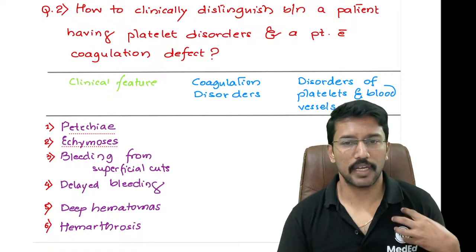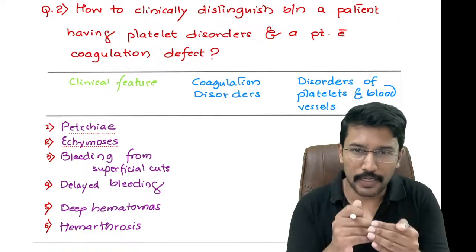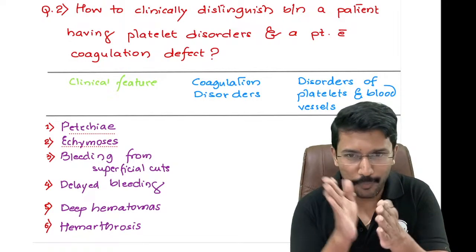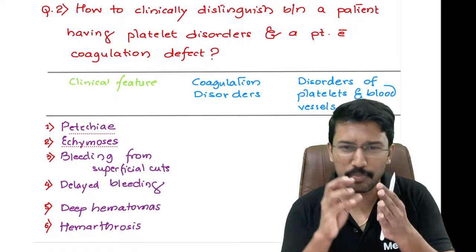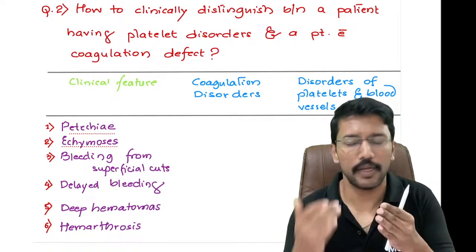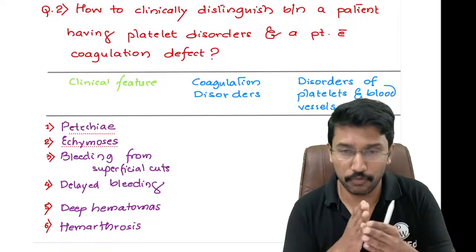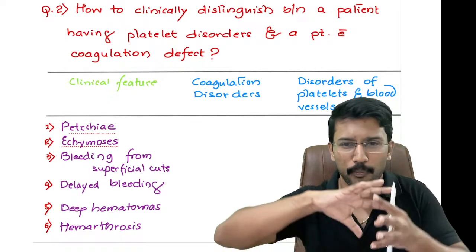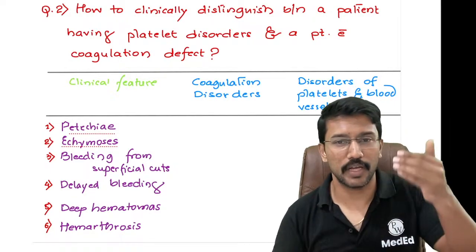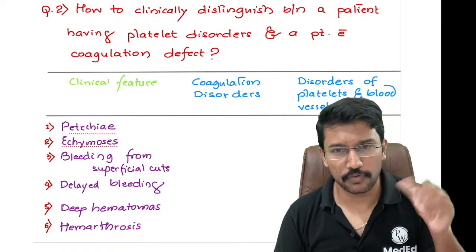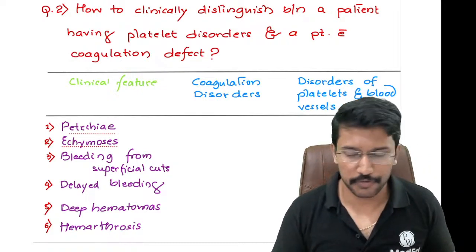So see, whenever there is an injury to blood vessel and we start bleeding, for a quick fix, right, initially to quickly fix or patch up that site of bleeding, we create a platelet plug. Okay, but this platelet plug is not a strong structure. It will give way and then bleeding will continue after some time. So to make sure that the bleeding will not happen again from that site, we have to create a mesh of threads formed of fibrin, right? That's why we have 3 steps in hemostasis. The first one is constriction of the blood vessel, second one is platelet plug formation, and the third one is fibrin mesh formation,